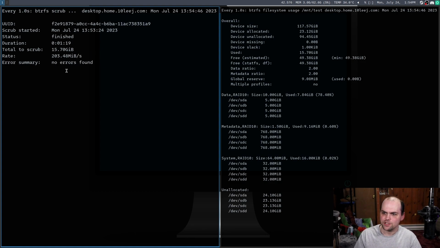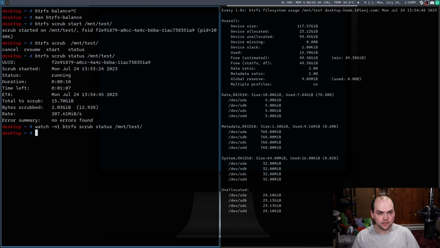Cool. You can see now it says that's finished and that there were no errors found, which means that our file actually did write like it was supposed to. Or at least as far as Btrfs is aware that it was supposed to be written. Who knows? These are flash drives after all. That's why I ran the sync command before I started dealing with all this,